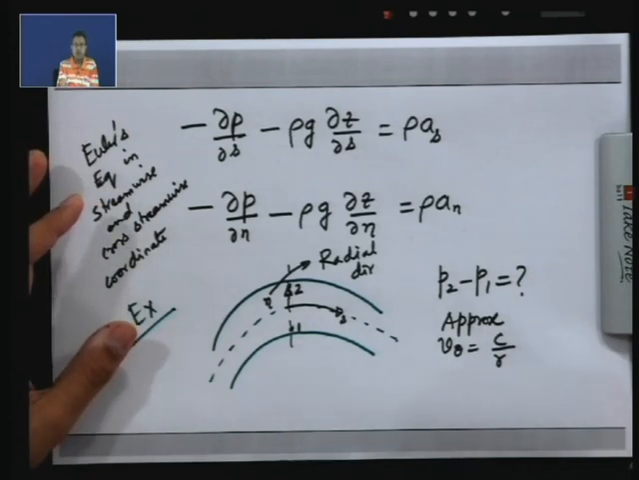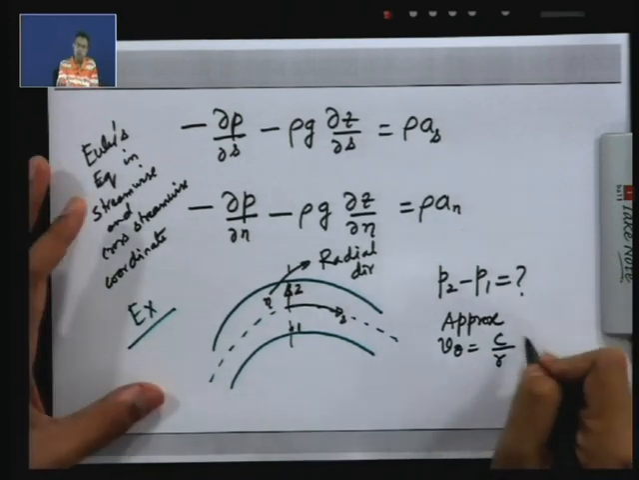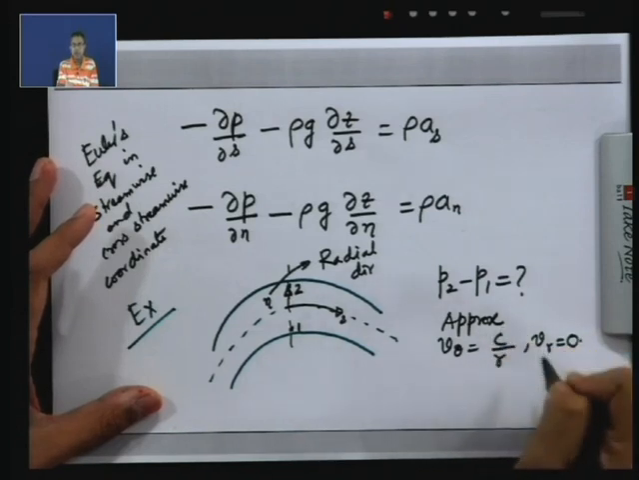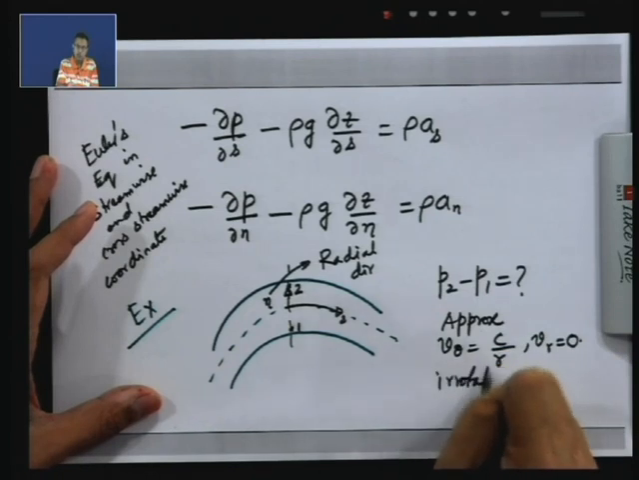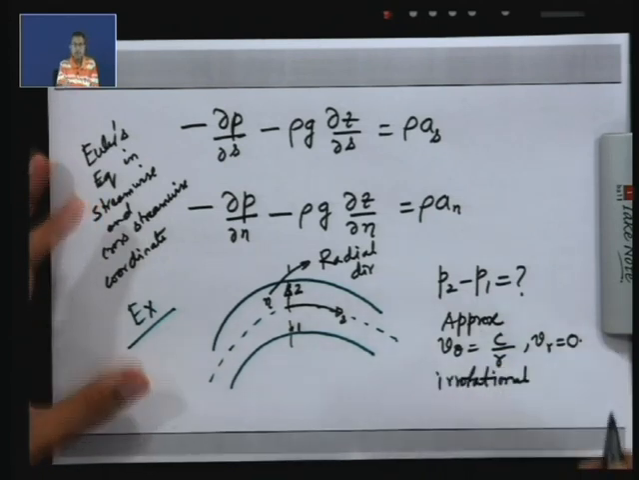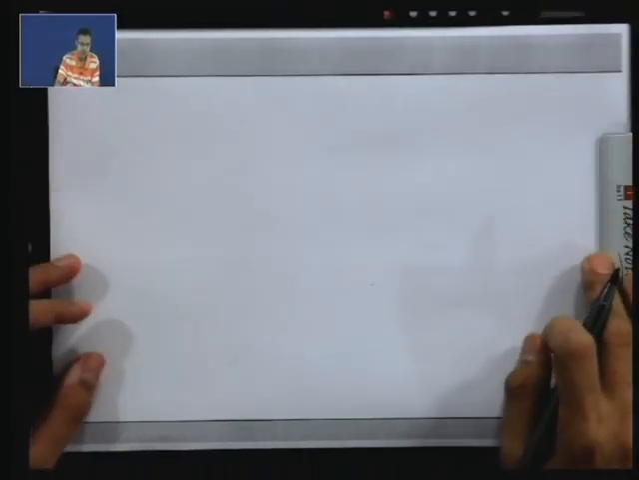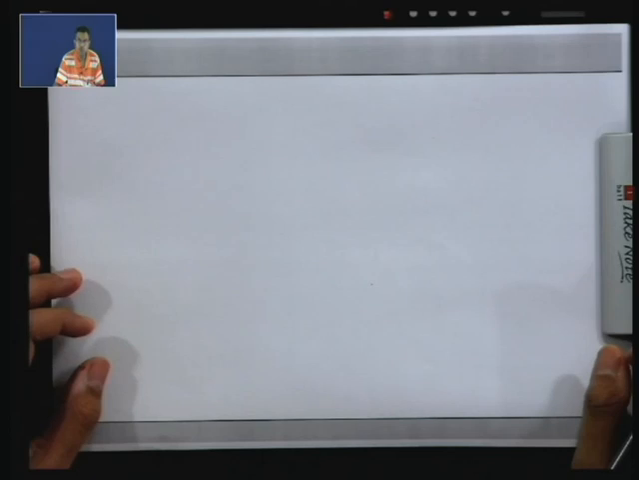If V theta is equal to C by R, what is a vortex flow? A vortex flow will have only theta component, or cross radial component; it does not have a radial component. So V theta equal to C by R and VR equal to 0. Let us approximate the velocity field like this. It can be shown that this is an irrotational flow. Because it is an irrotational flow, we can use the Bernoulli's equation between any 2 points 1 and 2, no matter whether they are located along the same streamline or not,